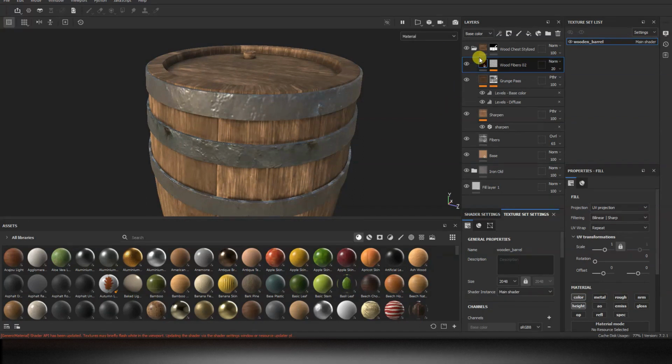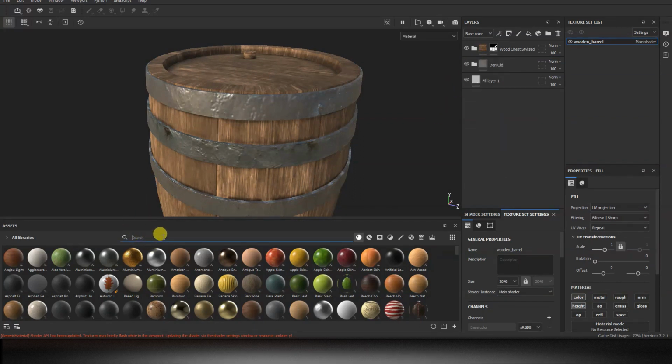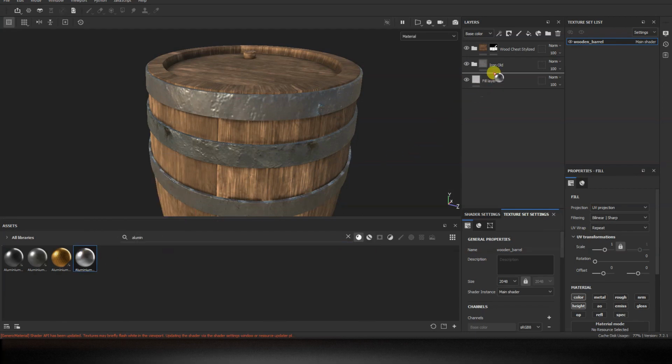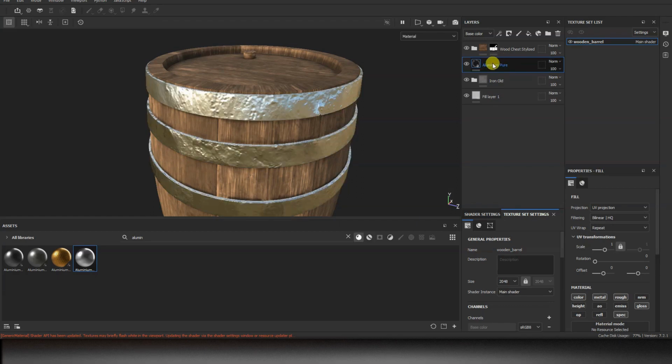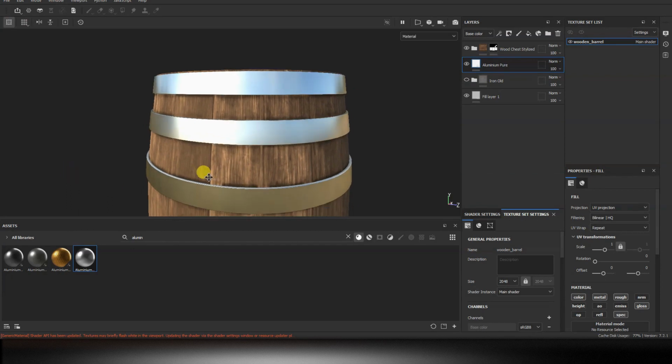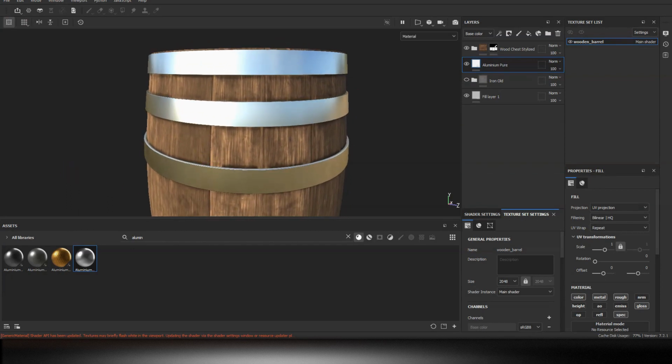The iron-old material is a dirty material, so the effect is not appreciated much, but look how things change, in the various channels and in the final result, if I insert a material of aluminium pure type of substance between the wood and the metal material and if I disable the underlying iron-old material. In the final result, the metallic parts appear much more reflective than before.